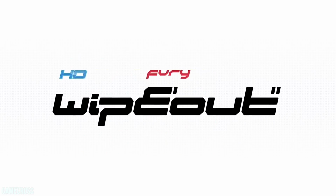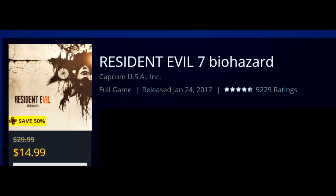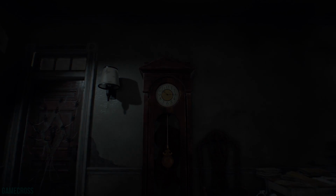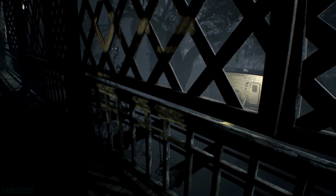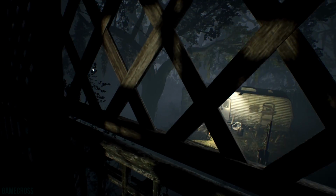Next up, another game with VR support but playable without VR, Resident Evil 7 Biohazard is 50% off for $14.99. The Gold Edition is available for $24.99. Another game with a free demo. I know everybody's attention is on the Resident Evil 2 remake right now, and rightfully so. That game is awesome, but Resident Evil 7 is a great game as well that didn't see the level of